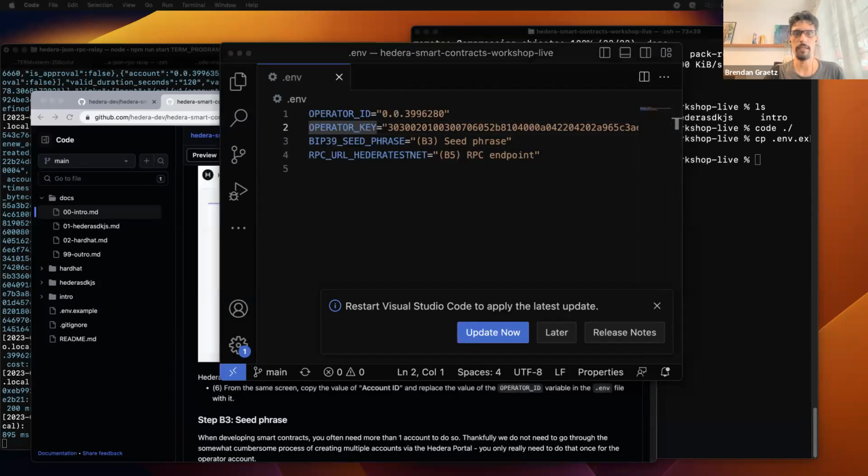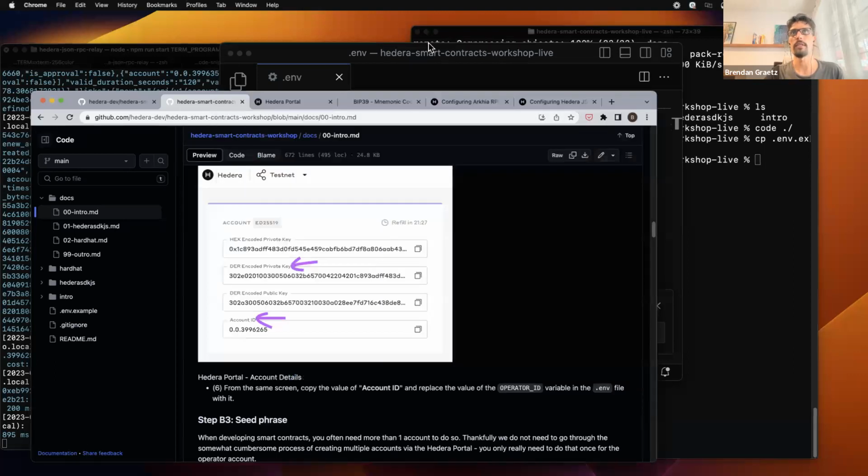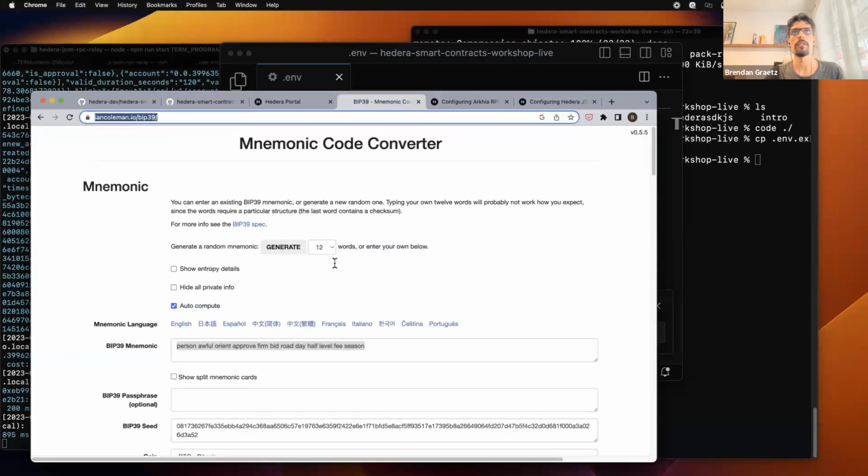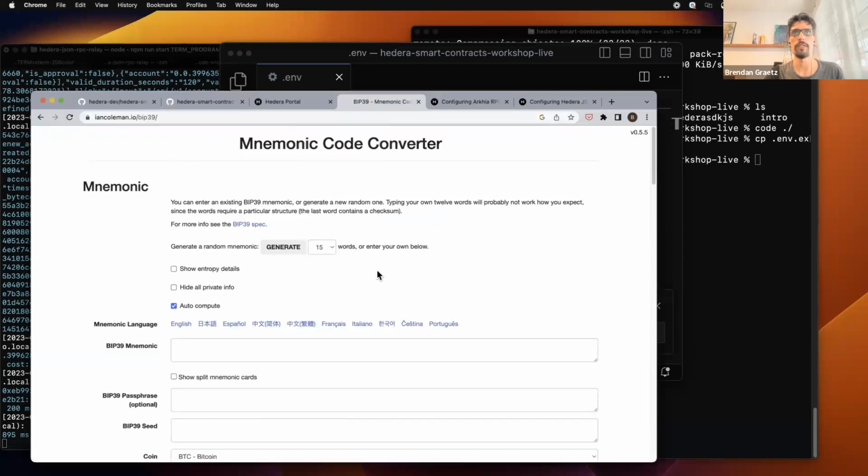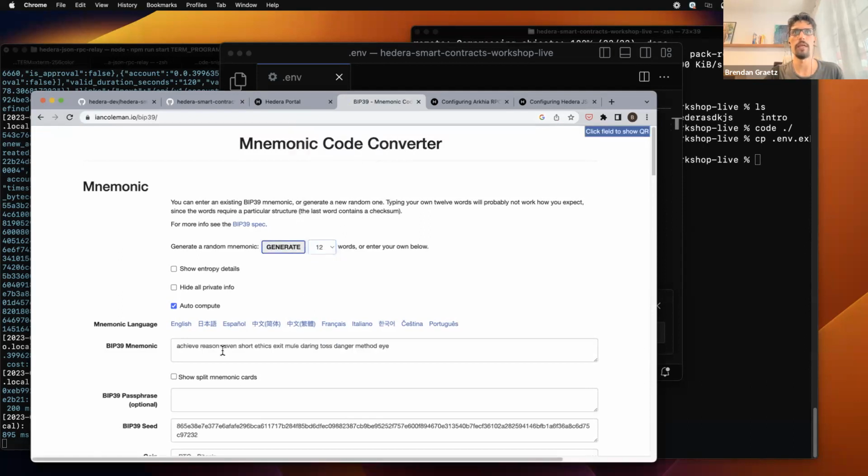Then after we've done that, the next thing we need to do is to get a seed phrase. Now, there are multiple ways to get a seed phrase. You can do it via NPM packages, or if you'd like a visual way to do it, I would recommend that you go for this website called iancoleman.io/bip39. I have it open in a tab already, so I'll just refresh that so we start from scratch. So over here, select 12 words and then press generate, and you get